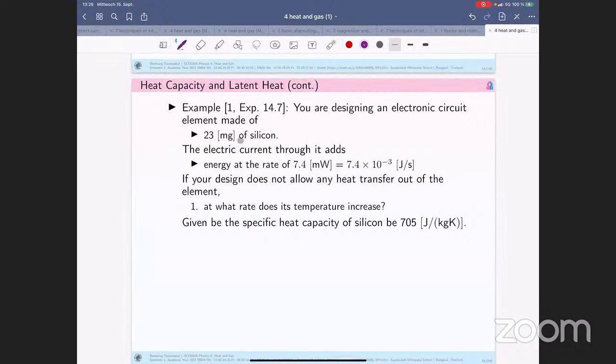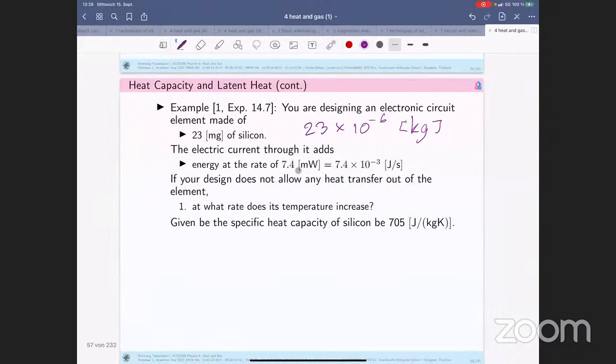Please note that 23 milligram is equal to 10 raised to negative 6 kilogram in the SI system, and the energy rate is 7.4 milliwatts, which is joule per second. In terms of joule per second we would have